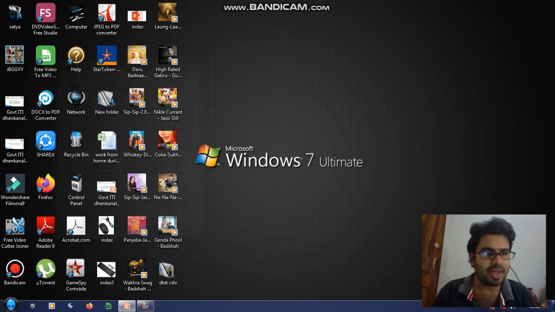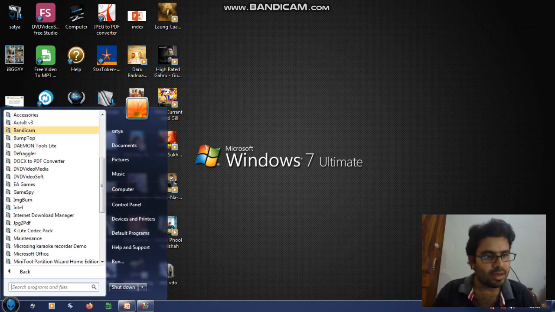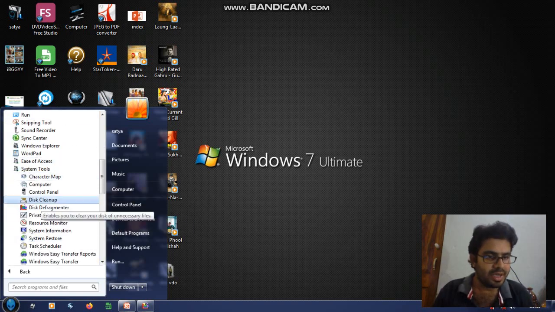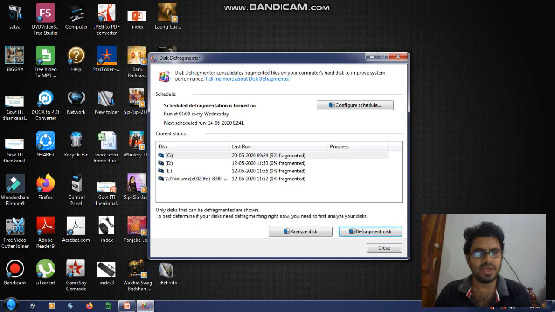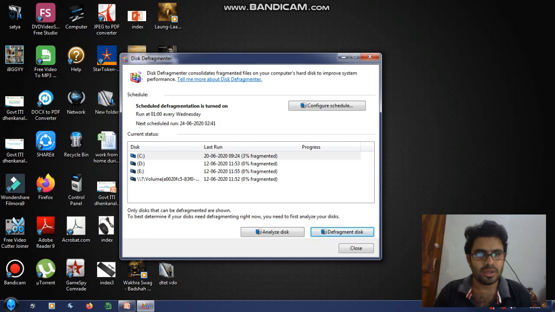And another part is disk defragmenter. Once again, come to all programs and accessories, and then system tool, disk defragmenter. It is already on your screen. Here you have to select your drive and analyze disk.